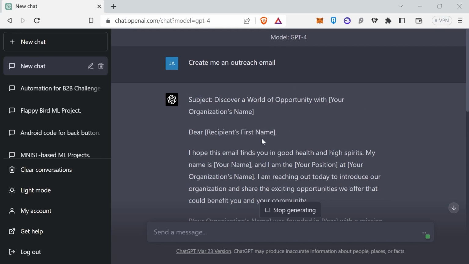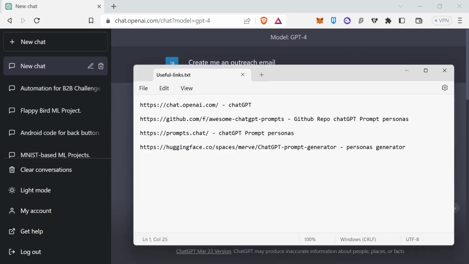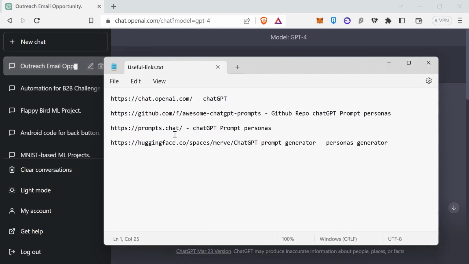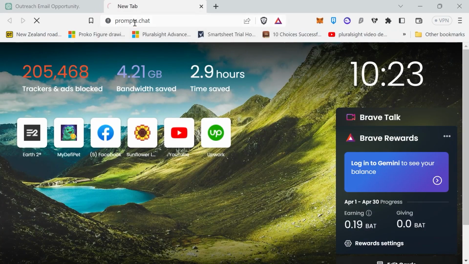So by giving it more information and then asking specific questions, you'll be able to get a really good response. Another thing that could help you is if you open up your tutorial assets folder, you have these prompts here. So you can copy this. You can either copy the repository or this link here to directly go to that website. And if I just go to the other tab here and paste that, it will route you to a website,